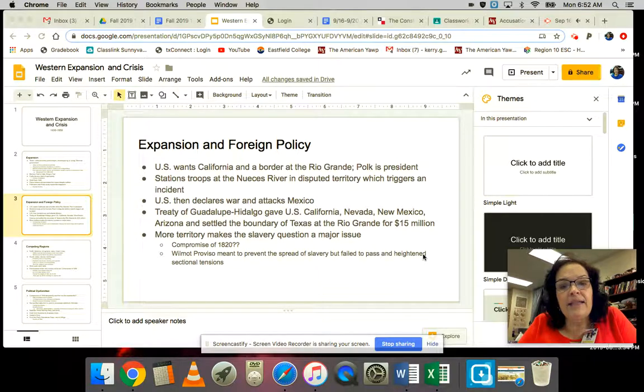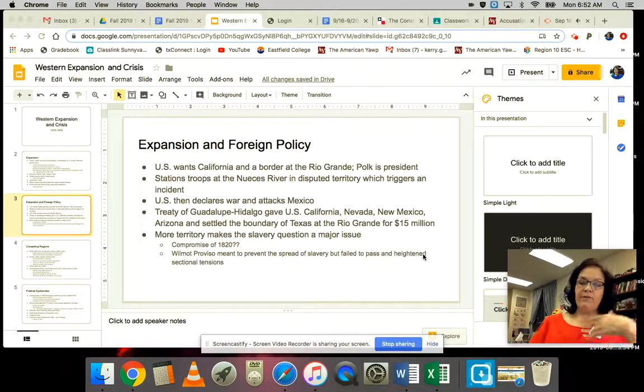And this is going to make slavery kind of a super hot button issue, right? So much so that you start to have within Congress things like the Wilmot Proviso that tried to stop the spread of slavery, that kind of freaks out Southerners. And they go, oh my gosh, no, these crazy abolitionists. It heightens the debate, that slaves were property, and they should be able to take them wherever they want. So the foreign policy perspective really has a lot to do with triggering this war with Mexico, and then the subsequent land that we get from it.